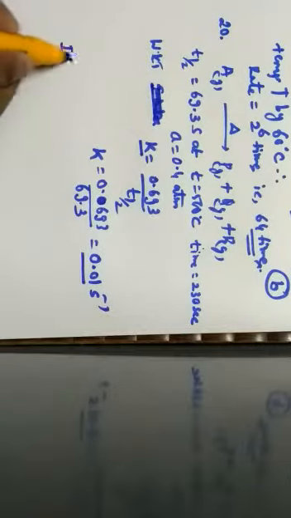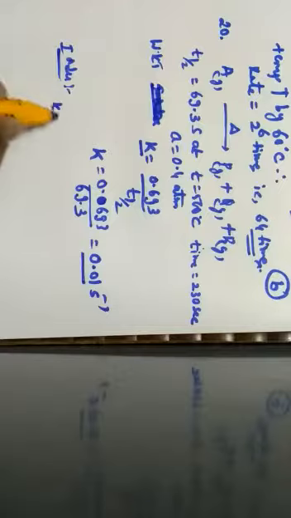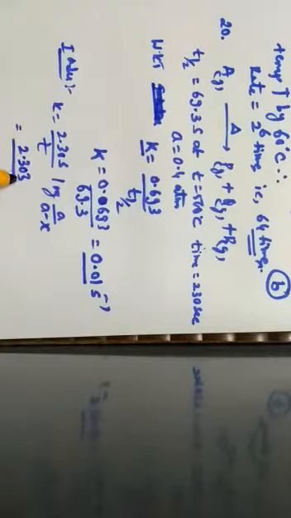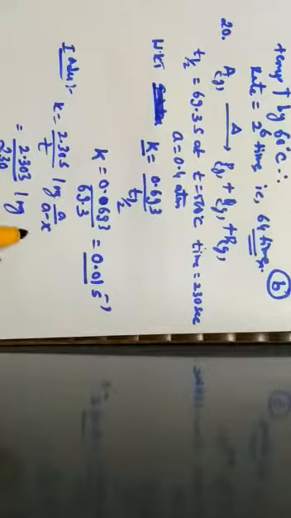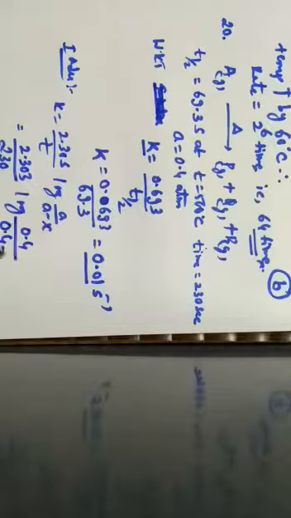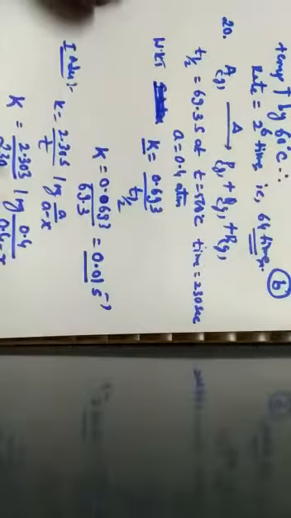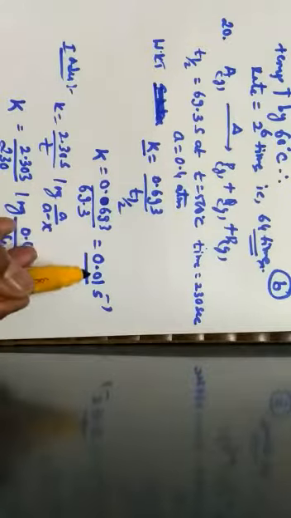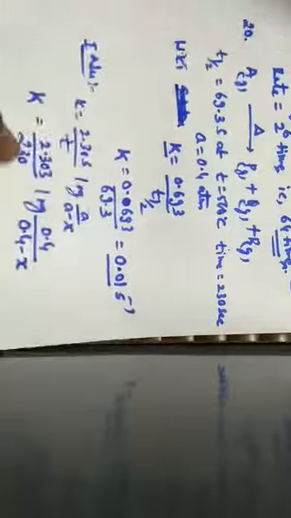So if I consider according to the first order equation, that is K is equal to 2.303 by T into log of A divided by A minus X, on substituting the values, that is 2.303, time factor it has been mentioned as 230 seconds, into log of what is the value of A, that is the initial pressure 0.4 minus X. So upon substituting the values, here they have mentioned the value of T, the value of A, here we have to identify the value of X, and the rate constant has been calculated, which is given by 0.01 per second. Now even for K I can substitute.